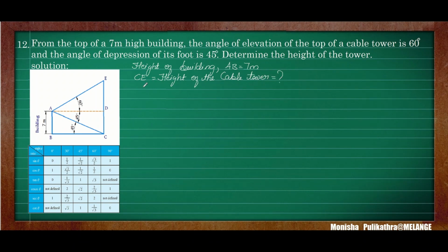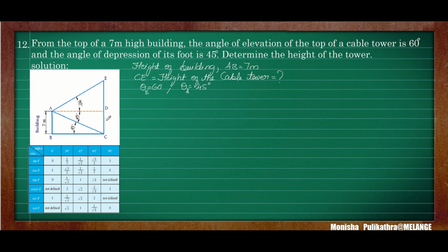The angle of elevation of the cable tower from the top of the building is 60 degrees, and the angle of depression you can see here. From the top of the building, the straight line is the horizontal line, where if a person looks up at the top of the tower, then this is the angle of elevation, between the line of sight and the horizontal, that is 60 degrees. And from the horizontal line, if a person looks downwards at the foot of the tower, then that is the angle of depression. I will write this is the angle of elevation and this is the angle of depression. That is 45 degrees.